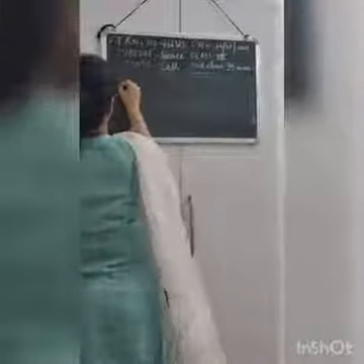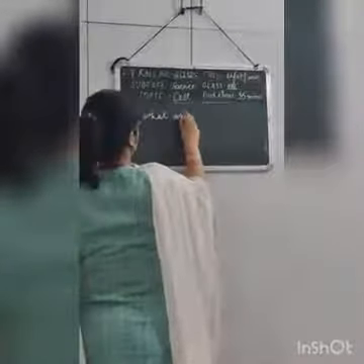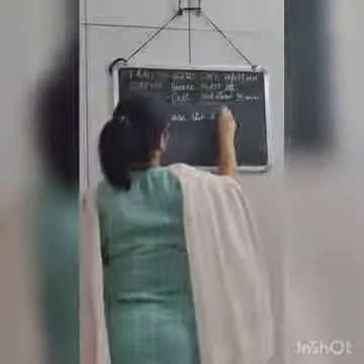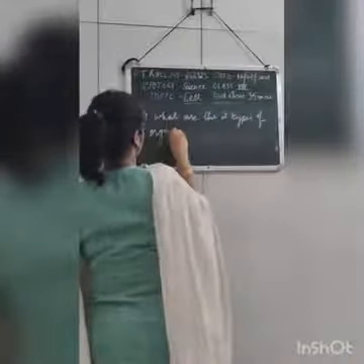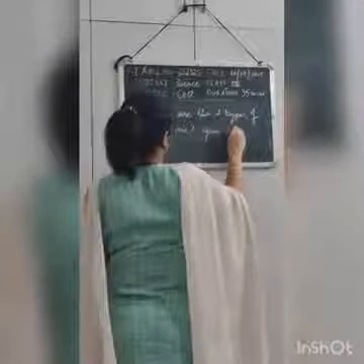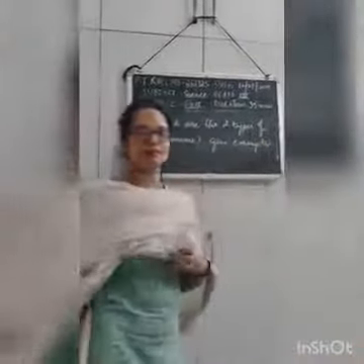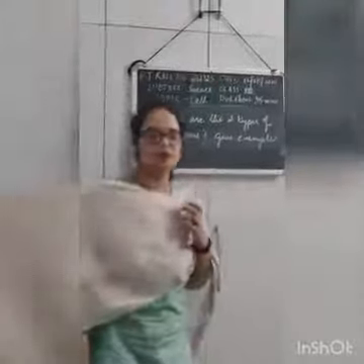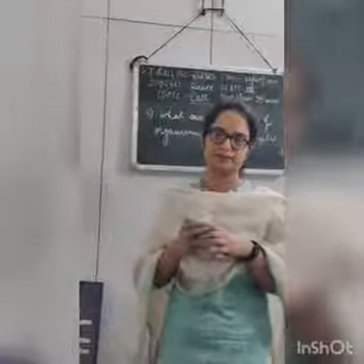Next question. What are the two types of organisms? Give examples. Yes, anybody who can answer this? Ma'am, unicellular and multicellular. So these are the two types of organisms. What are the examples? Ma'am, unicellular like bacteria and multicellular like dog, cat.